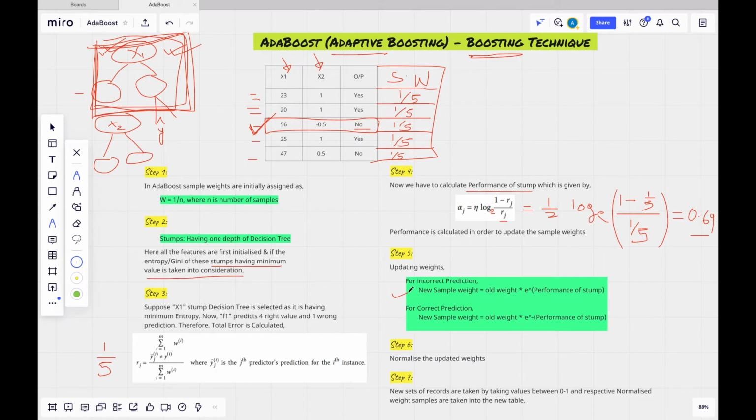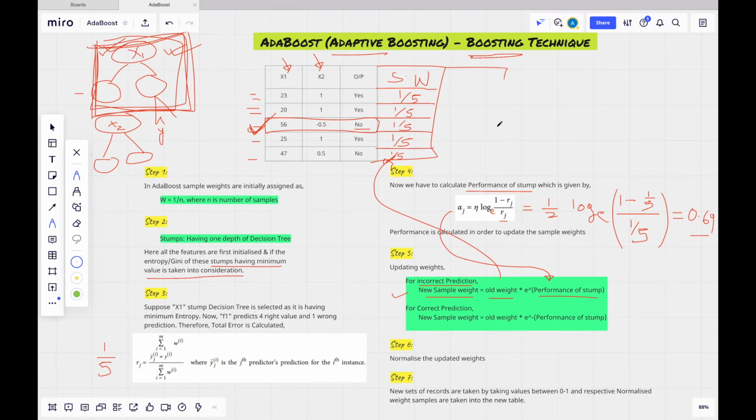For incorrect predictions, old weight into e raised to performance of stump. Performance of stump we got over here. Old weight, you have this one. For incorrect prediction, for this value we'll calculate the new sample weight.